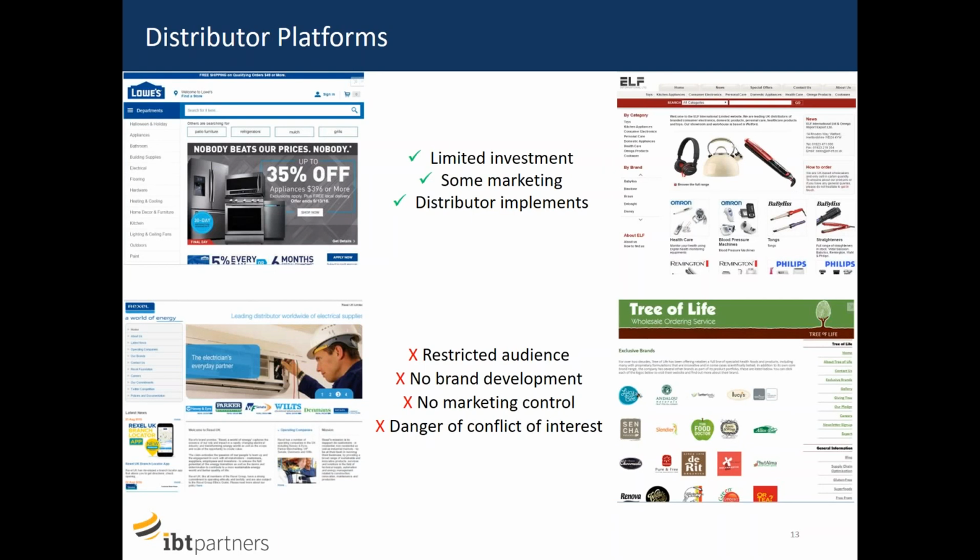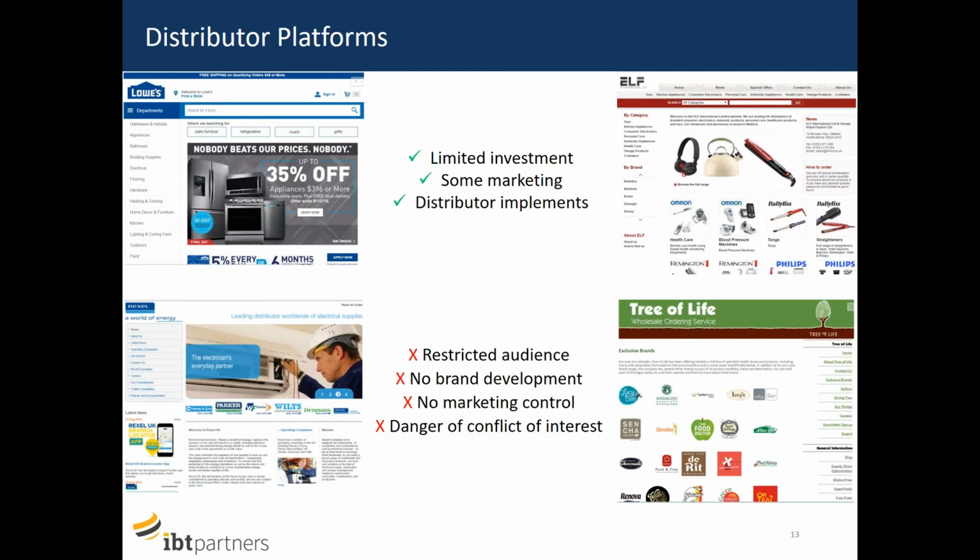It's not a sort of general big online mall. It's more your distributor, and it makes a lot of sense. This is very common. This is probably the most common thing that a lot of our clients would start out with, really. Certainly for B2B companies, since why not let your distributor do the work?